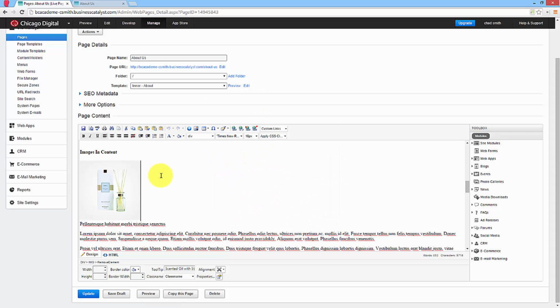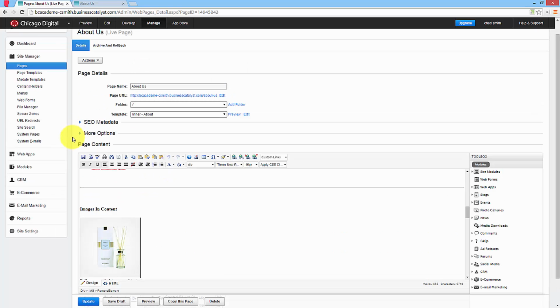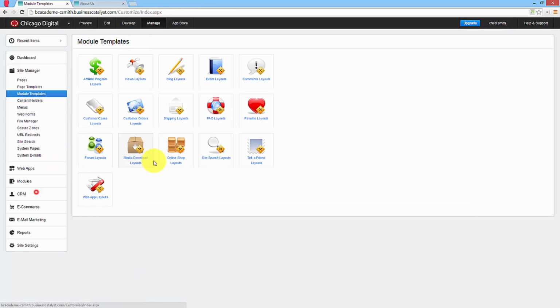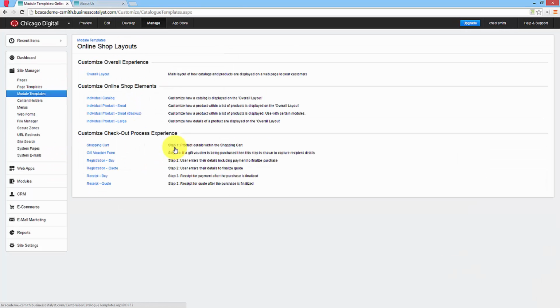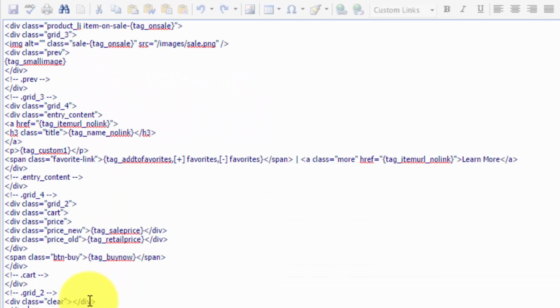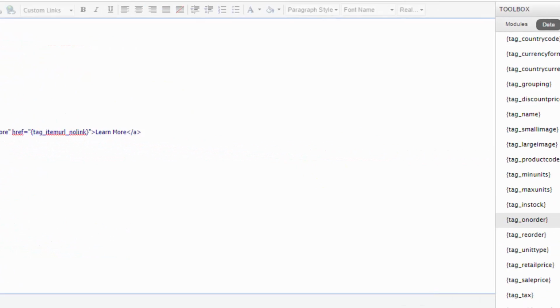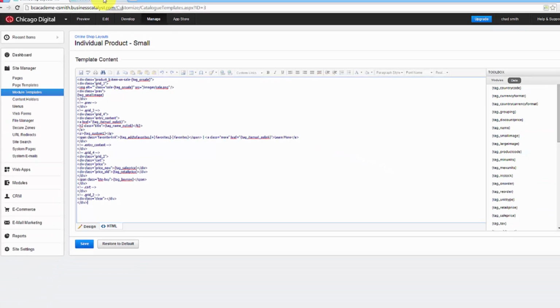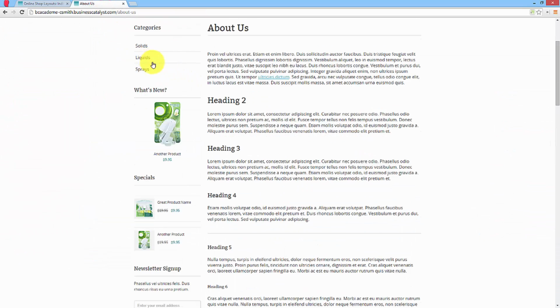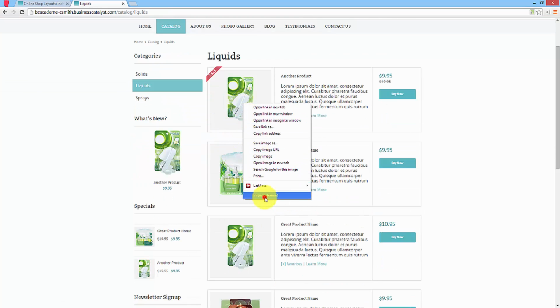So now that we have the in content images done, let's go ahead and jump into our products. If we go to our module templates and look at the small layout here, you can see that BC has provided us with a small image tag, and you can find that over here in your toolbox. And what that's going to do, if we go to an image and we inspect this image,